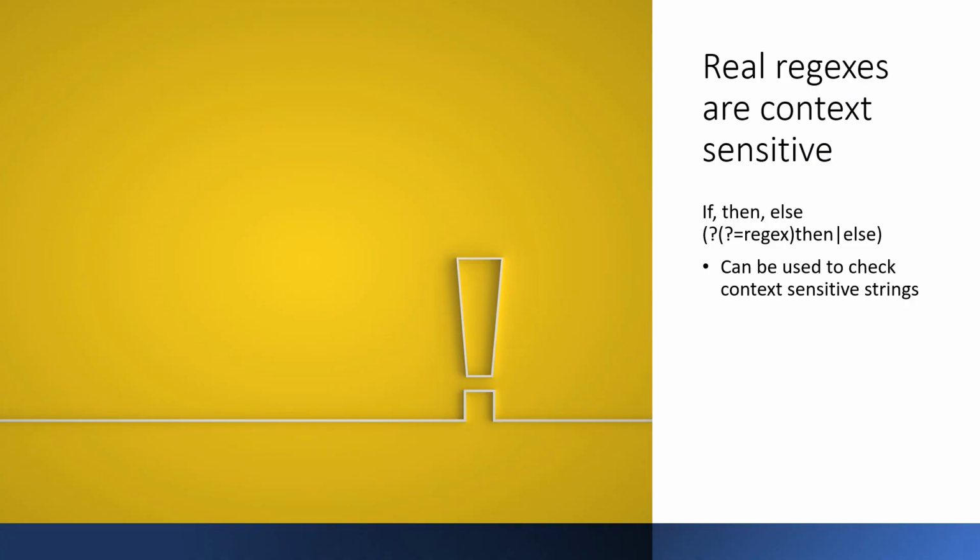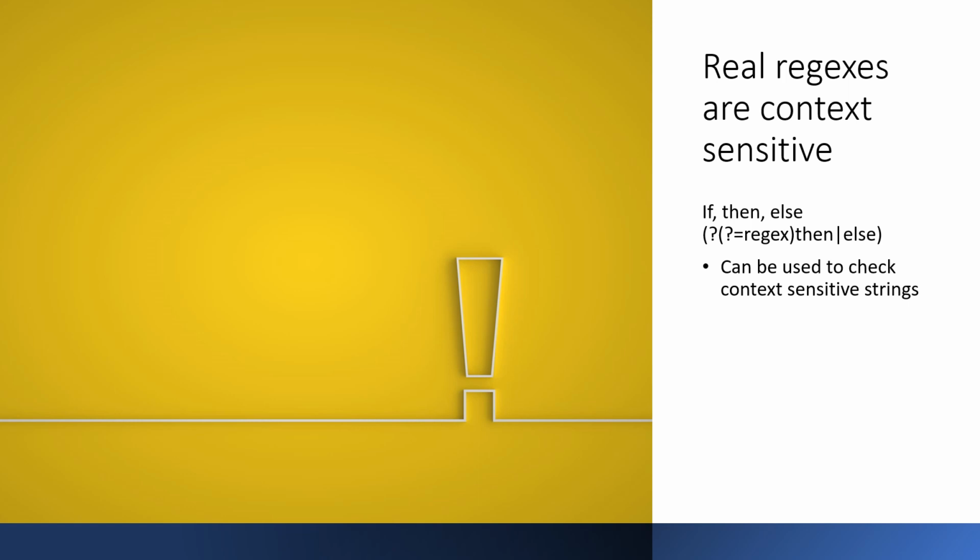So, after all this discussion, we already know that real regexes are context sensitive, and we can prove that by thinking about how being context sensitive would mean that we can simulate linear bounded Turing machines in them. That can be done using if and else statements, where we can have an if-then-else statement to refer to a previous cell in the real regex, or a previous value that the real regex might have recognized, and then we can confirm if that value or that string appears again in the string at